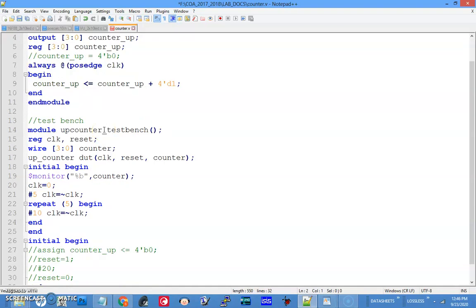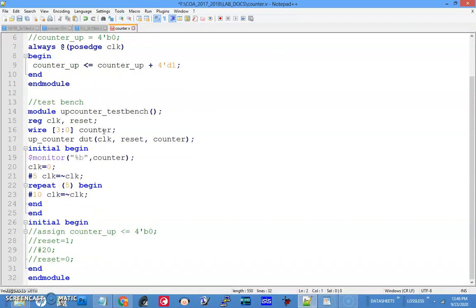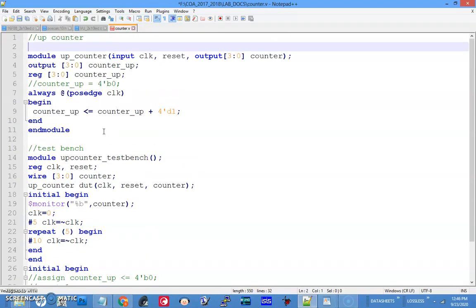In the same way you can configure a down counter as well. You can get similar codes from the internet. I have emailed all these codes. Try this and understand how the counter works, and attempt the question given in the exercise. We will be assessing you at nearly 3:30.